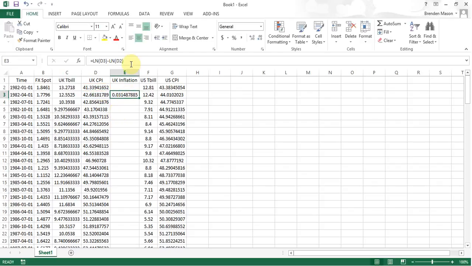This is not quite percentage change yet, though. What we need to do is multiply this by 100. Times 100. So 3%. From the first quarter of 1982 to the second quarter of 1982, the UK faced 3.148, so approximately 3.15% inflation. Okay, it's quite a bit actually over a 3-month span. But anyway,